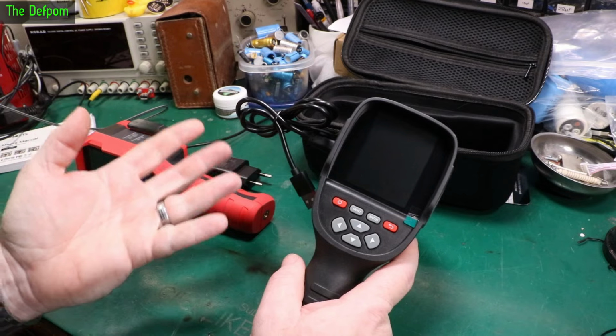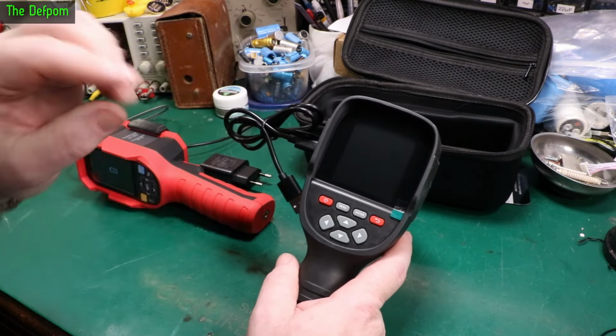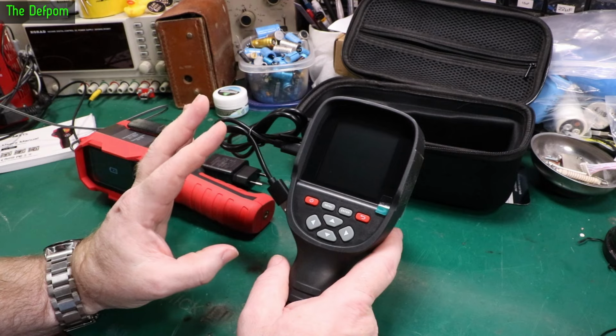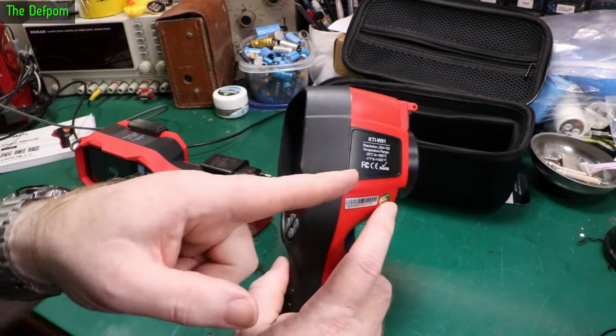Once it's on, it shows up as a 30GB drive. Then you can just drag the files off. Now it saves each image in a folder called IMG, which is fine. Each image is about 280k or so, obviously because of the resolution and being this low, although this high for